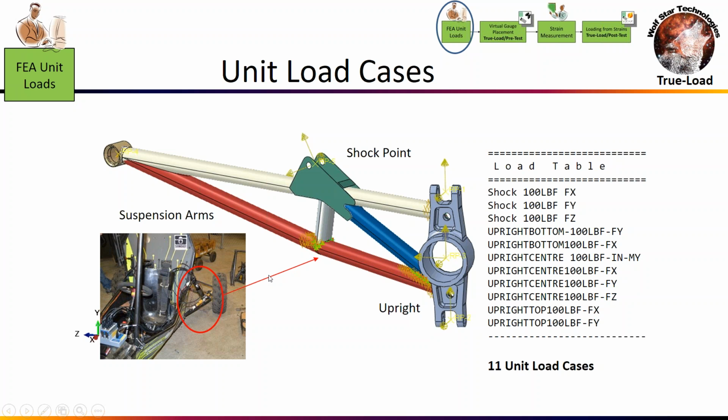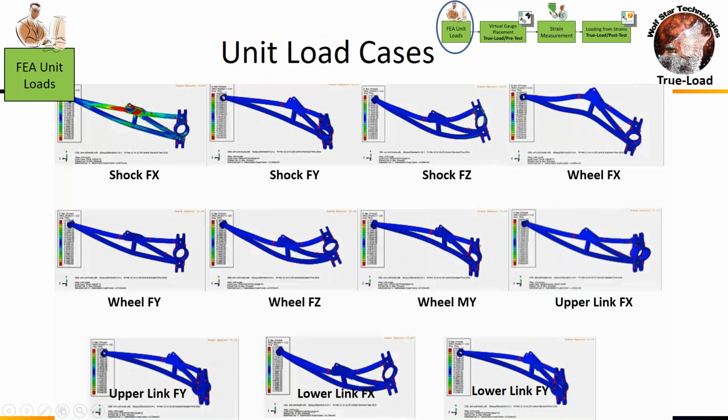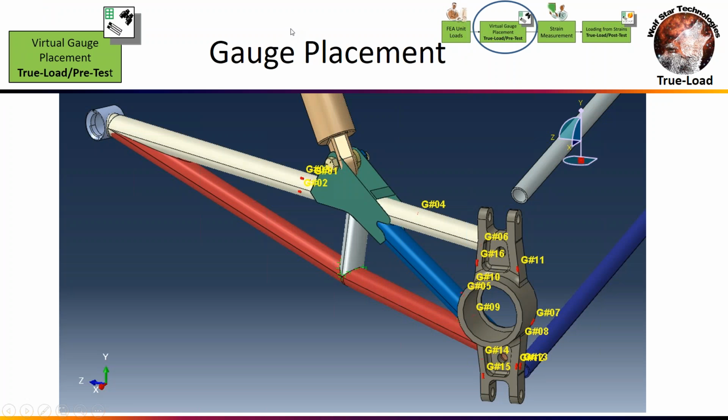So we turned their suspension arm into a load transducer. We put on XYZ unit loads on the shock support, XYZ loads on the wheel, top and bottom stabilizer links. We also included some moments in here. So we had these unit load cases on this arm, and these are basically animations of all the unit load cases. PowerPoint doesn't like to animate that many different types of animation files. And then TrueLoad went in and told them to place strain gauges at all these locations. You see that most of the strain gauges are laid on the forging upright here, because that's where most of the unit loads are.